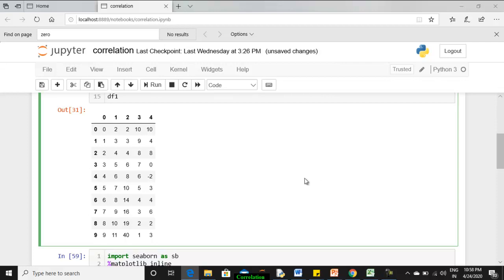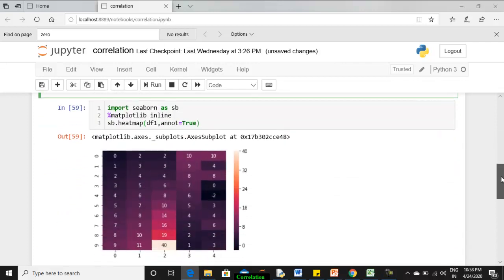Now we'll try to map the correlation between these values. I have drawn a heat map for the values that we have created in order for us to have a clear understanding of how the values got distributed. Already we have seen about heat map, we'll just explain. The heat map is just a visual representation of the values that are present in a matrix. Here the x-axis represents the number of attributes you have. The y-axis represents the number of experiences, that is the rows we have.